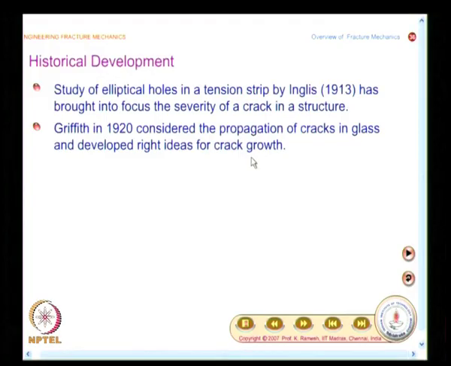Just because it has a crack, you need not discard it. The cracks will grow in size, attain a critical dimension, only then fracture will occur. And we would see a large number of practical cases when you do a postmortem, you would see distinctly a crack growth region followed by fracture. So, the contribution of Griffith in 1920 was very important,